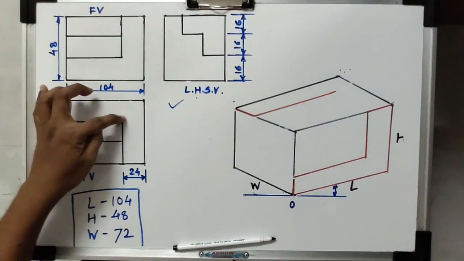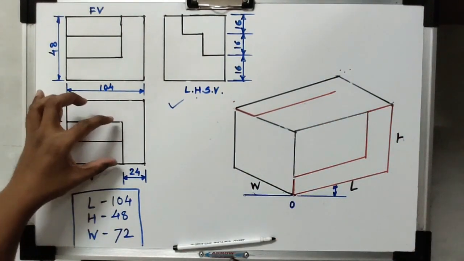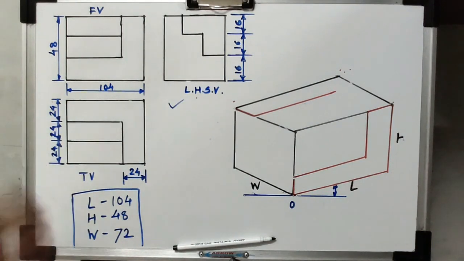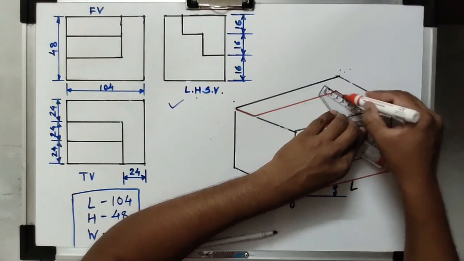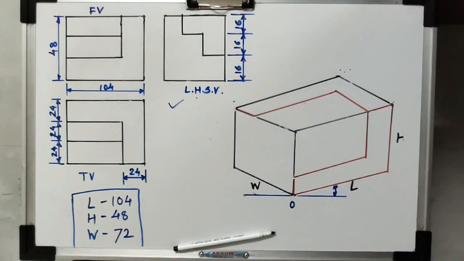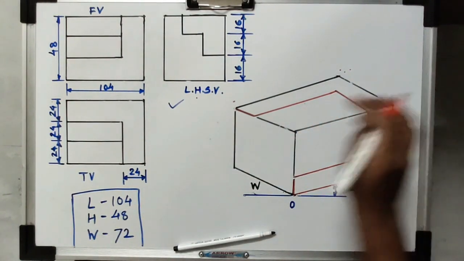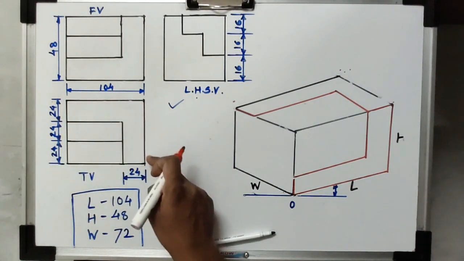Then it will be joined. Again, the next width is nothing but 24 plus 24, that is nothing but this one. I will directly join this one. This is the top view portion. For the time being, for outline representation, because these are the outlines which are given in the top view also,